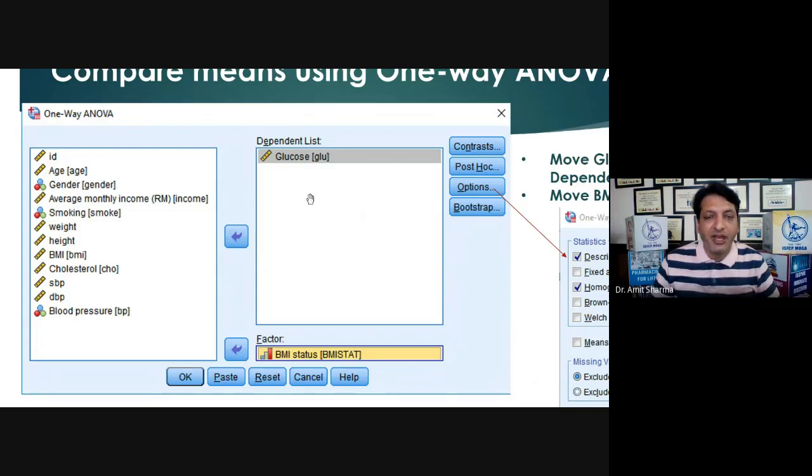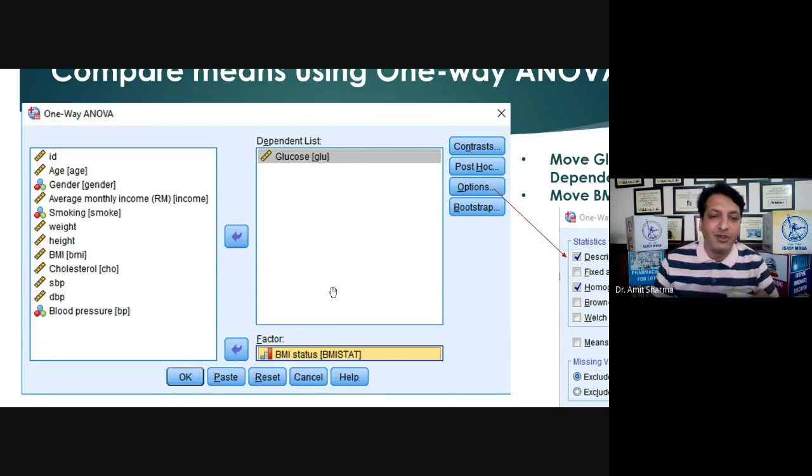So we know that the dependent variable in our study is a numerical variable, which is glucose, and the factor we are taking is the BMI, which has three different categories which we have made, and this is a categorical variable, and in our study this is an independent variable.